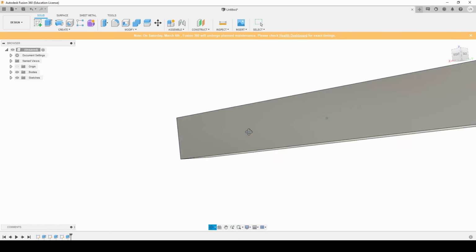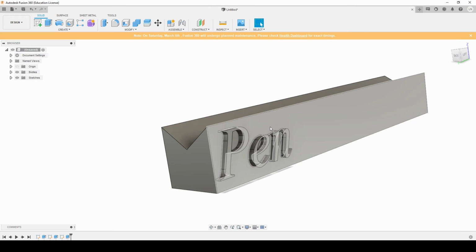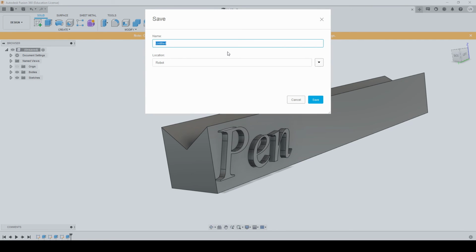This is a very simple process, very easy to do. Anyone can CAD. Anyone, you don't have to be an engineer, you don't have to be a professional drafter. Anyone can design their own pieces to be 3D printed. Once you're at this point and you have the model that you want, and you want to go and 3D print this model, all you got to do is come up here, make sure you save it, name it what you want it to be, tutorial piece,